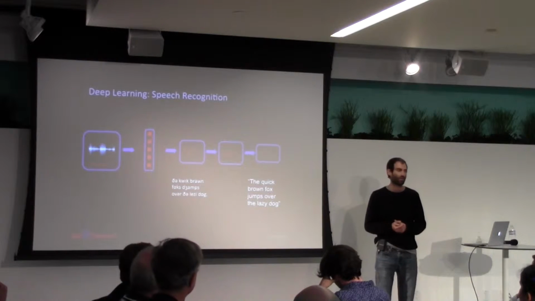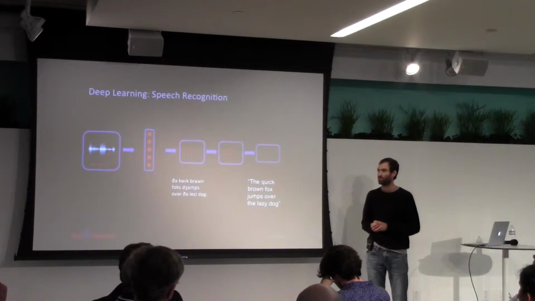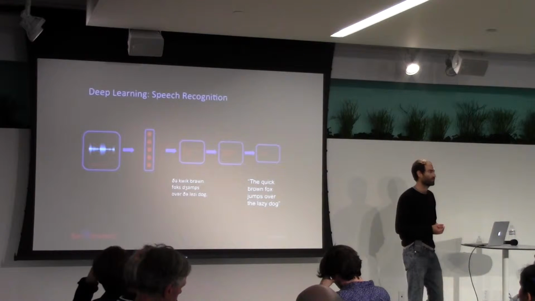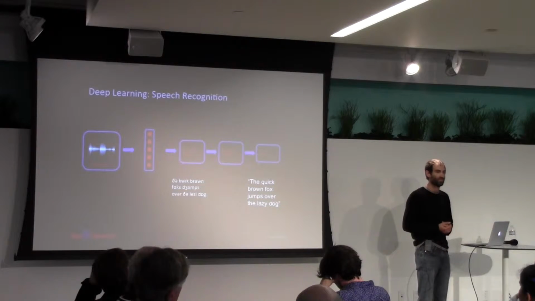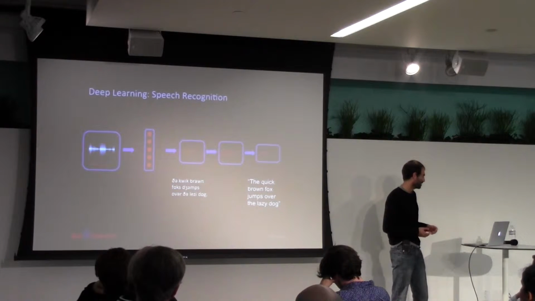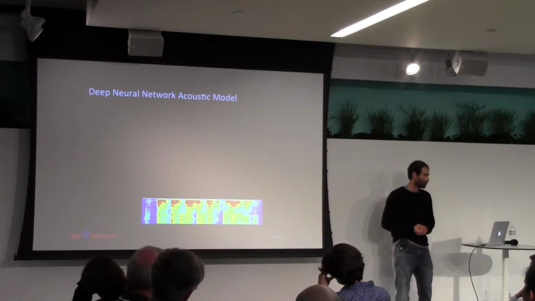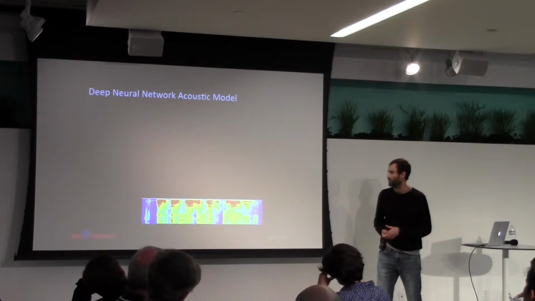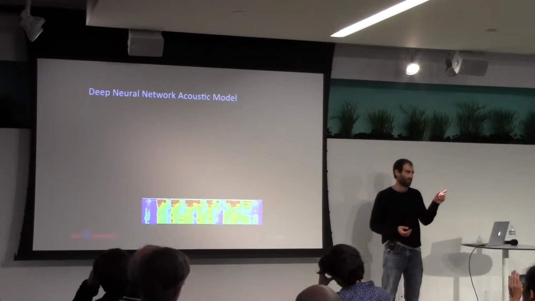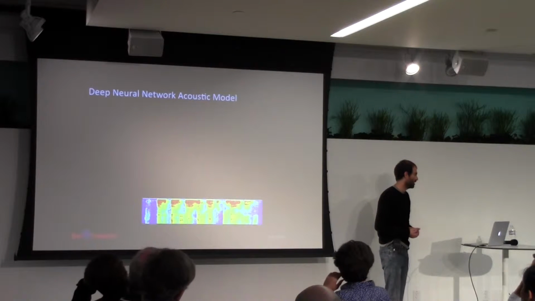If you look under the hood of most state-of-the-art speech recognizers, what you'll find is something that looks very much like this, where you have a deep learning model for your acoustic model. That deep neural network's job is to essentially predict phonemes given small snippets of audio. And I'll explain to you guys how that works. So we take an audio waveform and we compute some kind of features from it. In this case, this is just a spectrogram. It's a windowed Fourier transform. Often the features are more complicated.